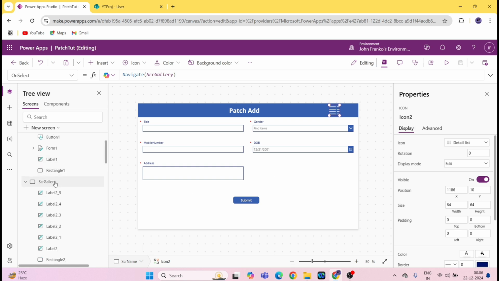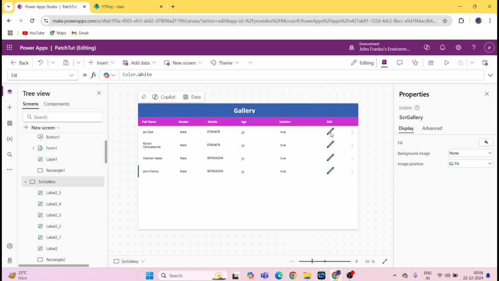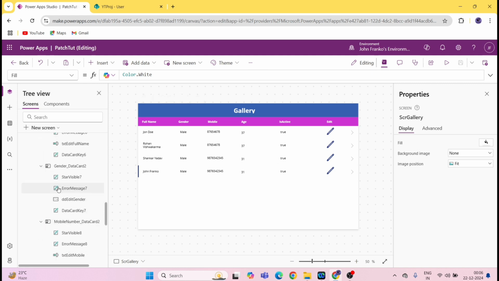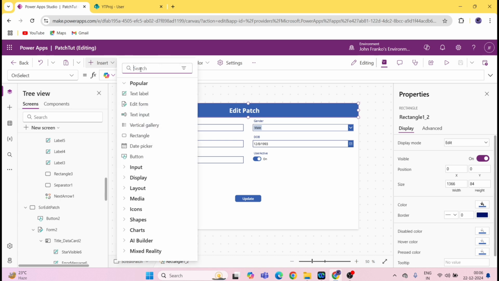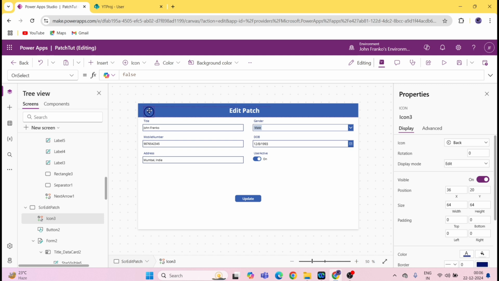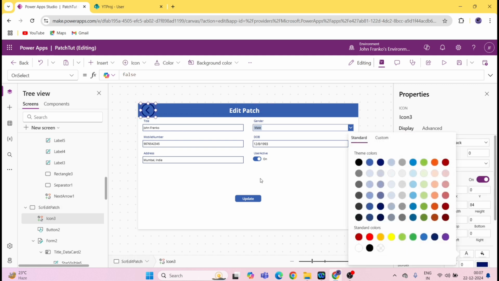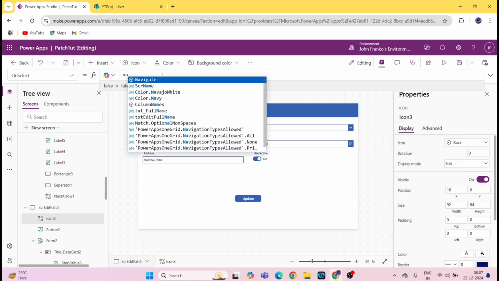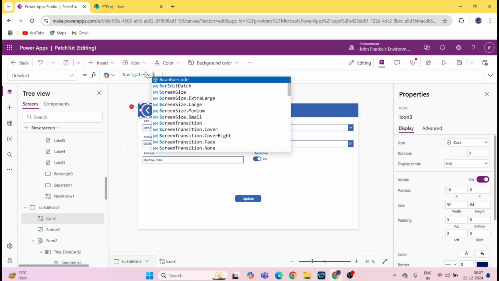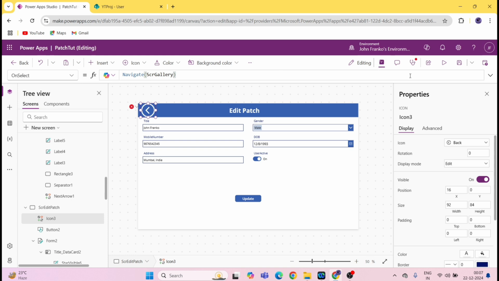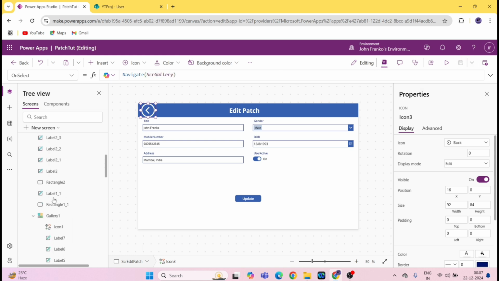Then we have the gallery, right? From here, any which ways we are navigating to edit form. In edit, I will add the back button. Here will be back arrow. I'll add it here. Now give this a color white. And again on select, we will be navigating to screen, gallery. I will save it and I will run the